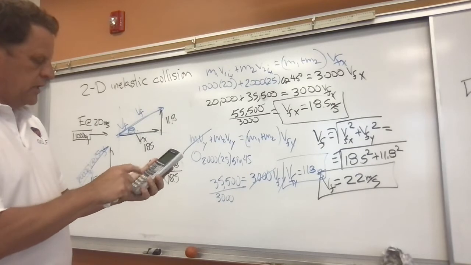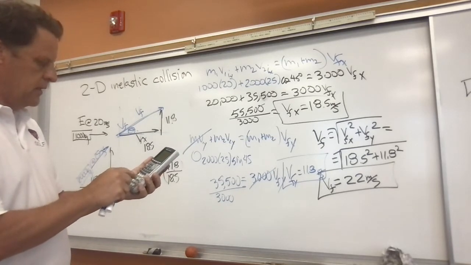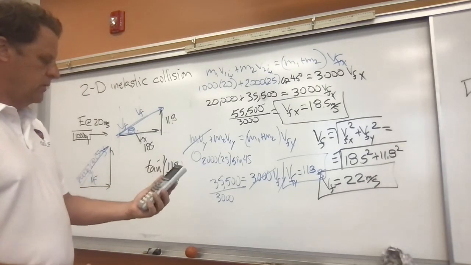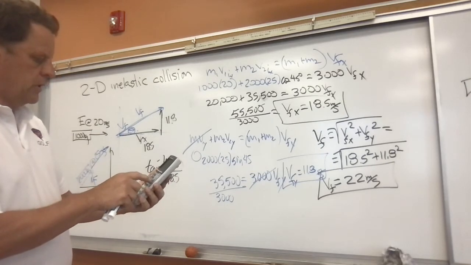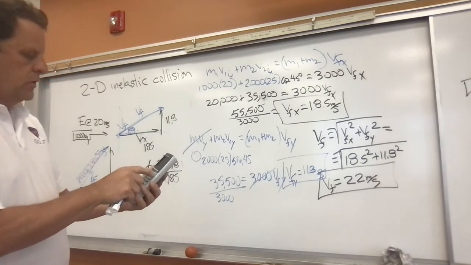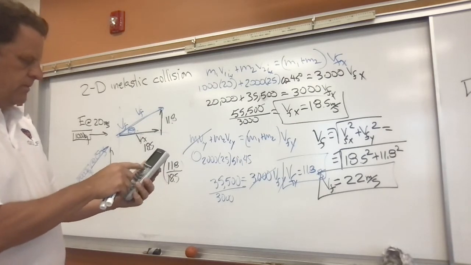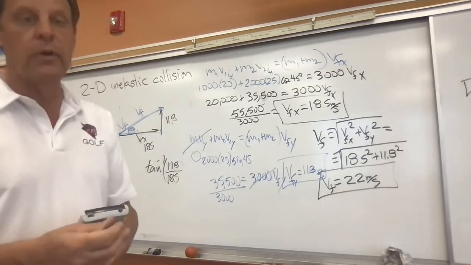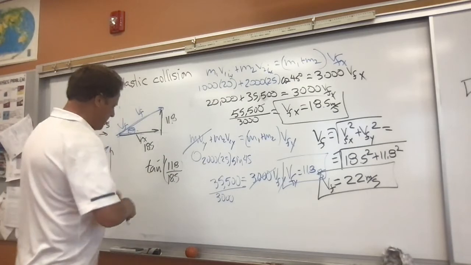So inverse tangent 11.8 divided by 18.5 gives us 0.56. I am probably in the wrong mode. I want to go to degree mode. And that is 32.5 degrees, 32.5 degrees. Okay,